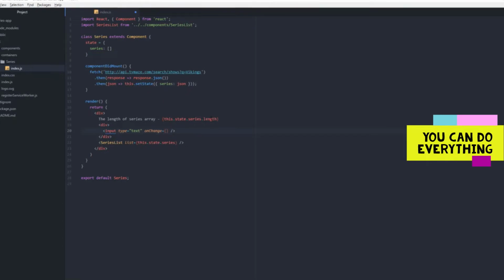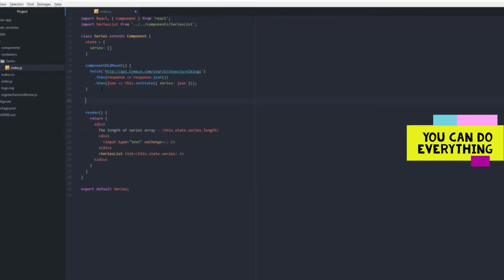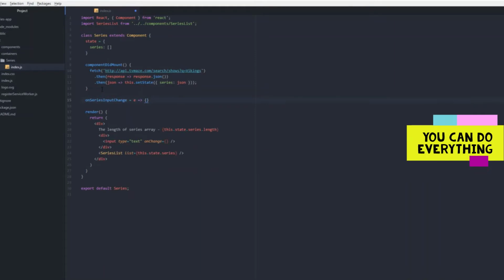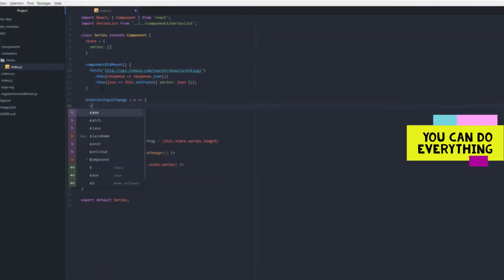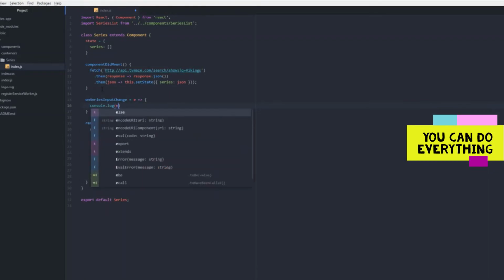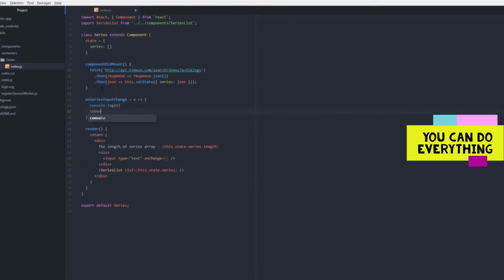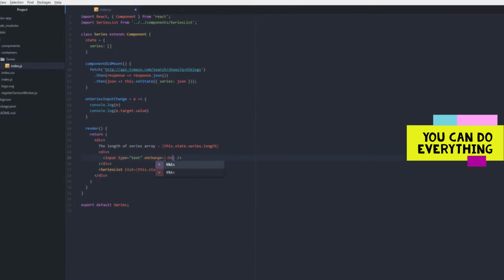What this handler does is that whenever our input value changes, it will fire an event to whatever method we assign to it. I'll create a method inside the component with the name of onSeriesInputChange. We will be getting an event object from the onChange handler, and I'll console.log the event object, and I'll also console.log the value of our input. Let's take onSeriesInputChange and assign it to our input. Save index.js,